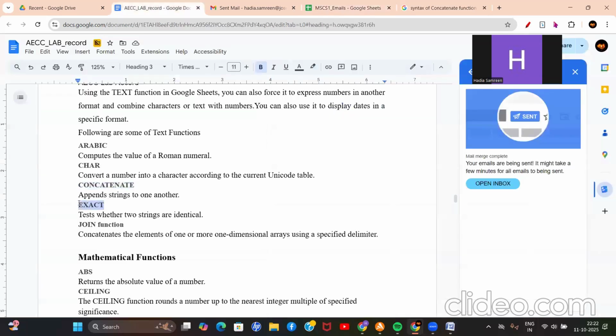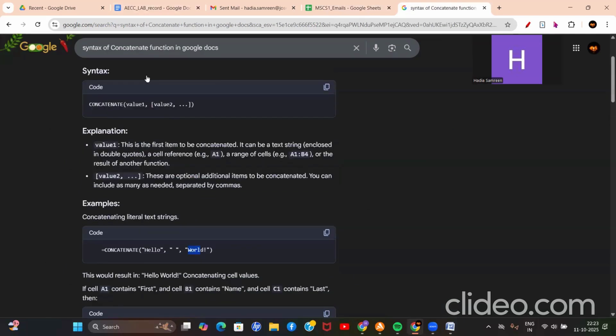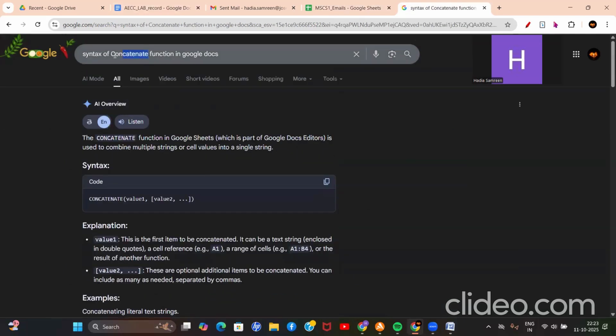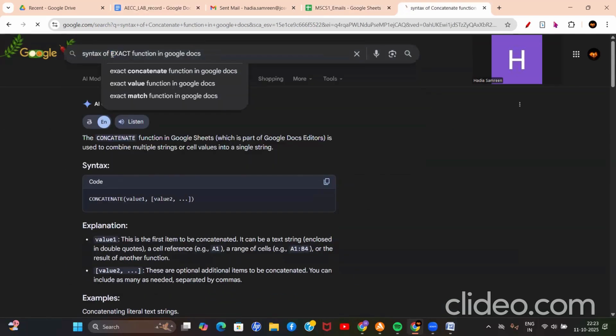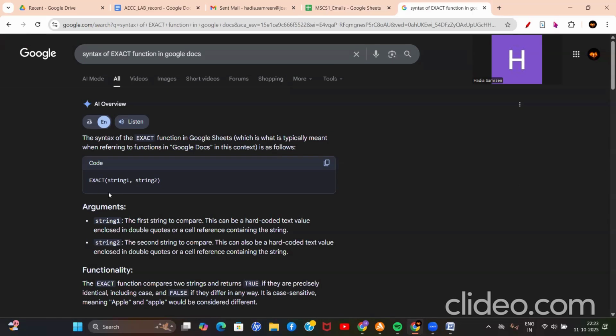Now we have EXACT. Again, it will find out if the